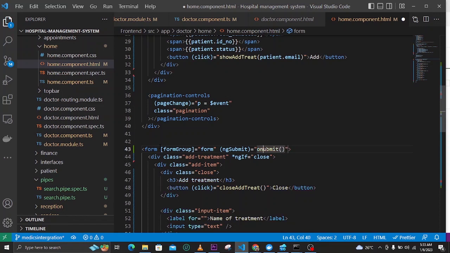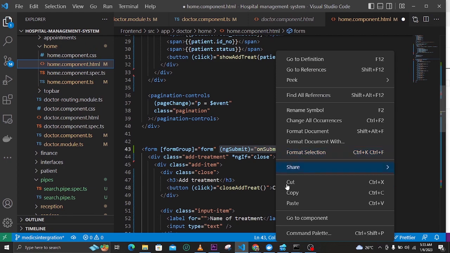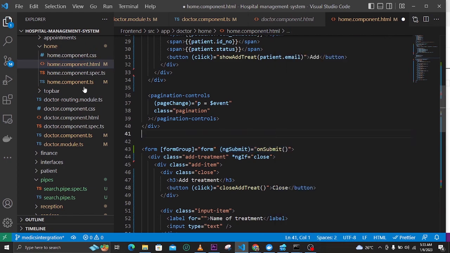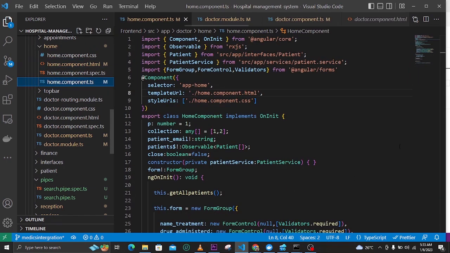Actually, I want to use camel case. Now we come here, copy everything, and inside our component